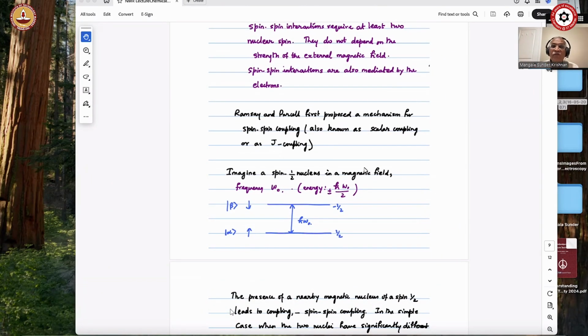So one spin-1/2 nucleus in a magnetic field. The energy level of alpha is minus h bar omega naught by 2. Okay, the energy level of beta is plus h bar omega